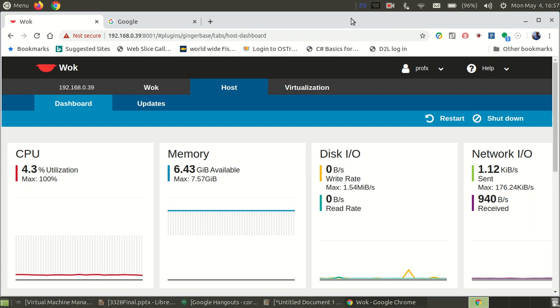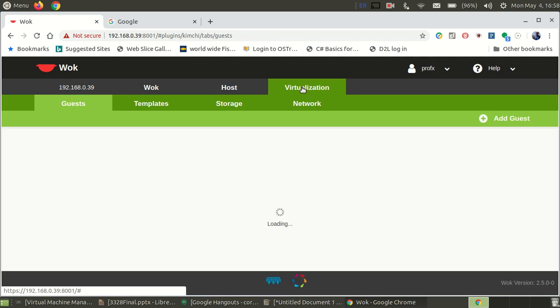Inside of the server, we're running KVM, and with KVM we're running an open source project called Wok that allows us to control KVM. And here we can see the web user interface for Wok, and you see the host, what the host currently has available to work with. And if we go over to virtualization, we can see